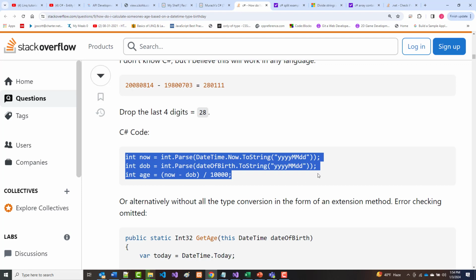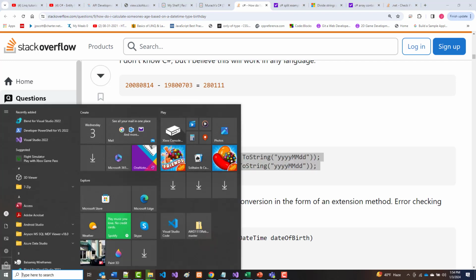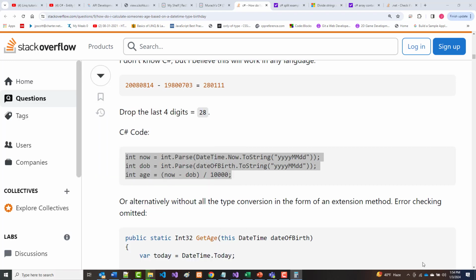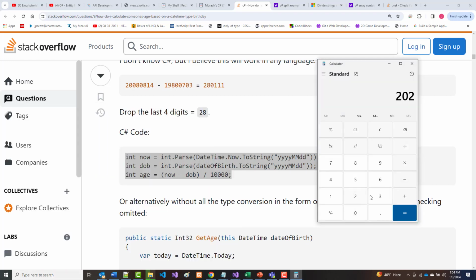All right, so if you look at this right now, this looks a little bit weird. It is a little bit weird. But imagine, okay, let's bring up the calculator. I just want you to see this. So today is 2023-0103, okay, which comes out to